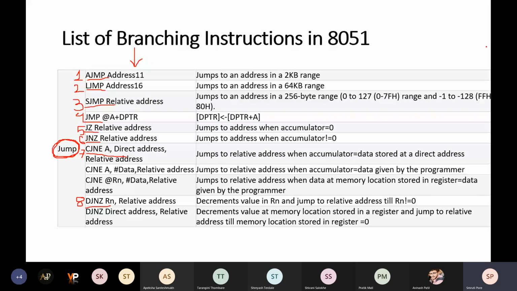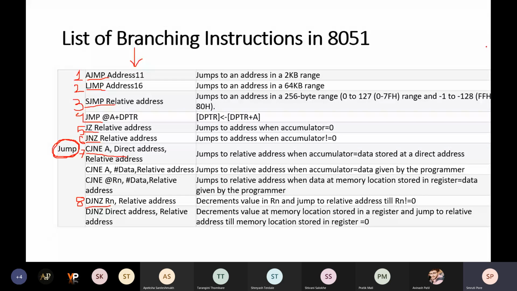Now these different variations of the jump instruction are given there. AJMP, absolute jump; LJMP, long jump; SJMP, short jump; JMP, only jump; JZ is jump if 0; JNZ is jump if not 0; CJNE, compare and jump if not equal; DJNZ, decrement and jump if not 0.